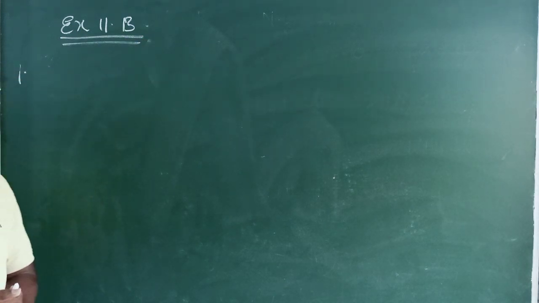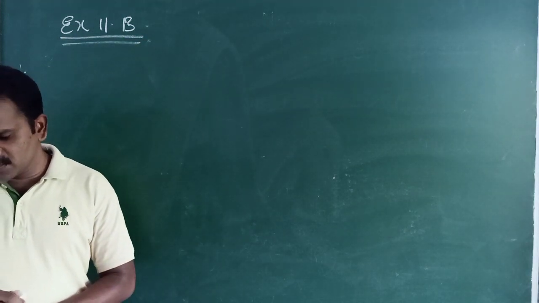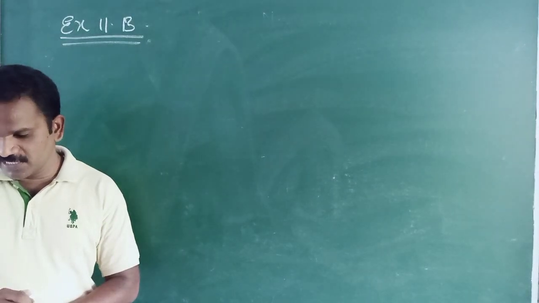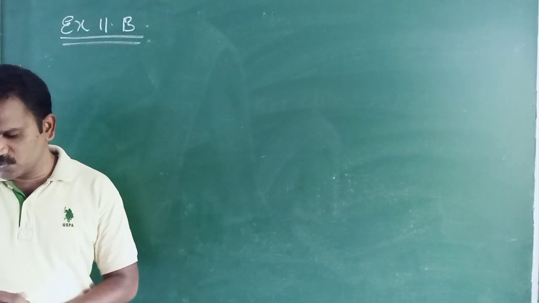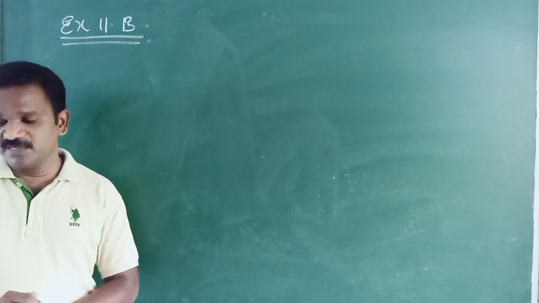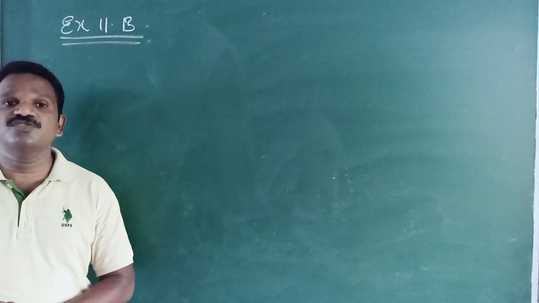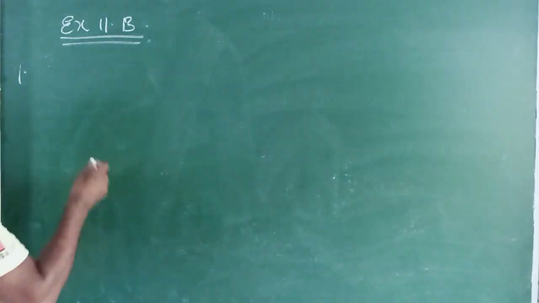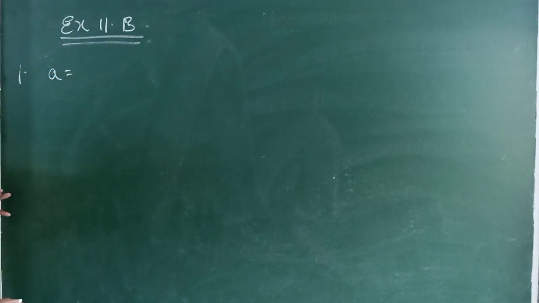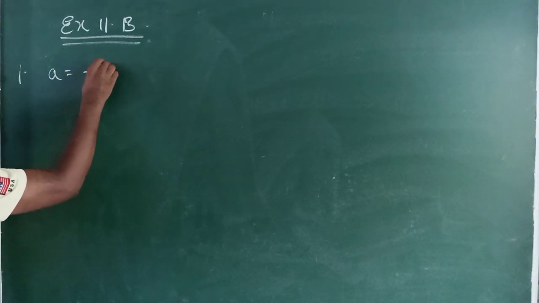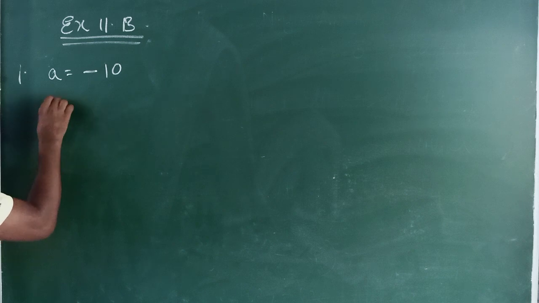Look at your first sum, children. Which term of the GP -10, 5/√3, and so on, is -5/72? Which term of the GP? So what is he asking? He is asking us to find the n value. So find A from the given series. What is A? A is equal to -10. Now R. What is R?